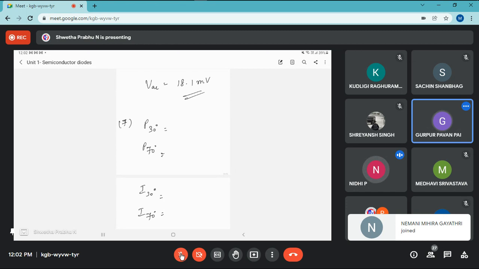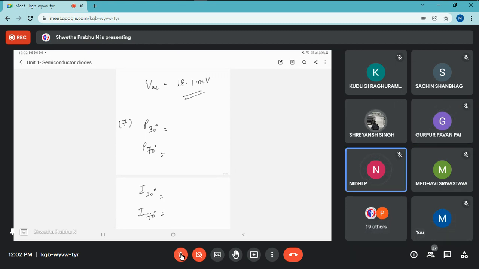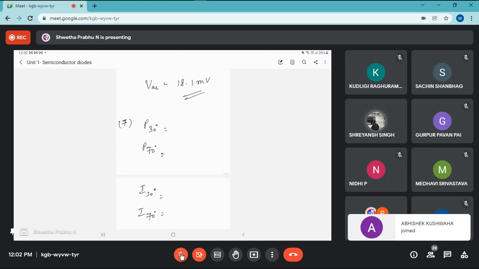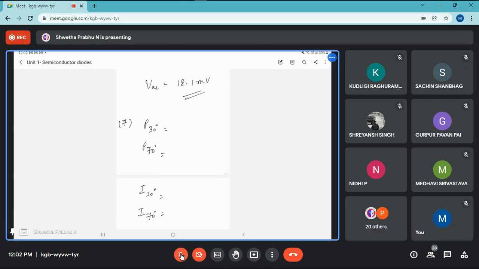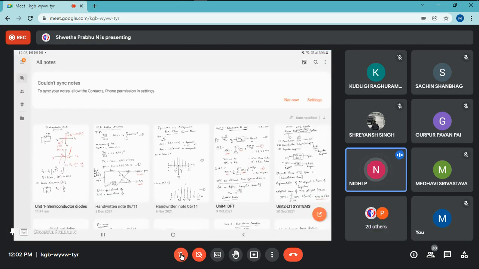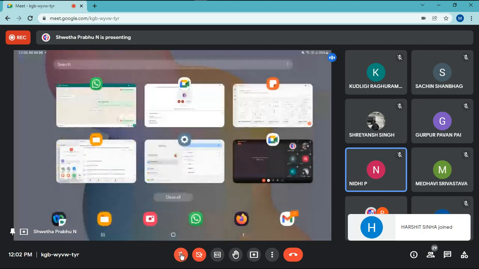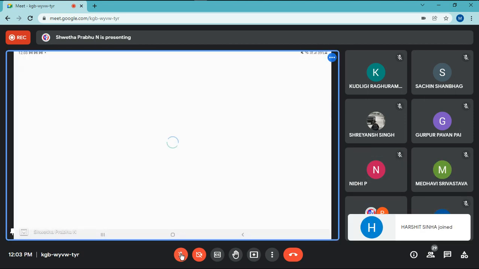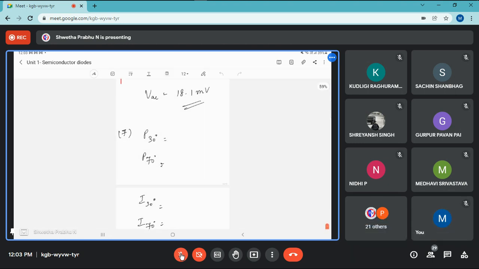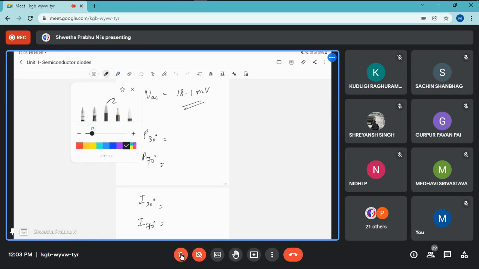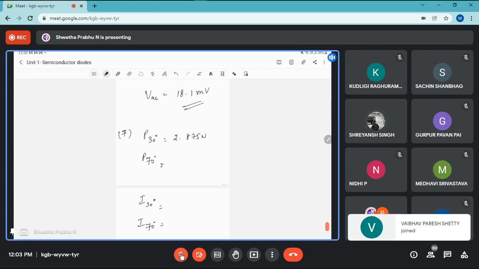2.875 watt at 30 degree. Correct, 2.875 watts. And 1.875 at 70 degrees Celsius. Just a second. Two point 875 watts at 30 degree. Power at 70 degree, it is